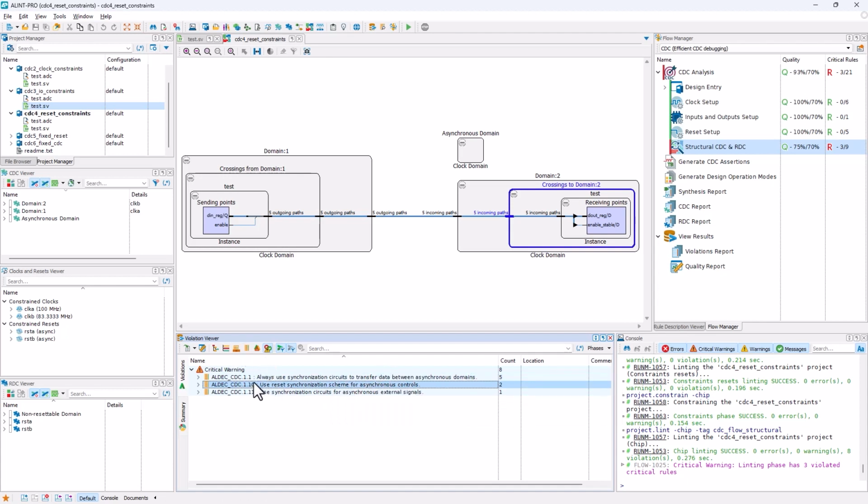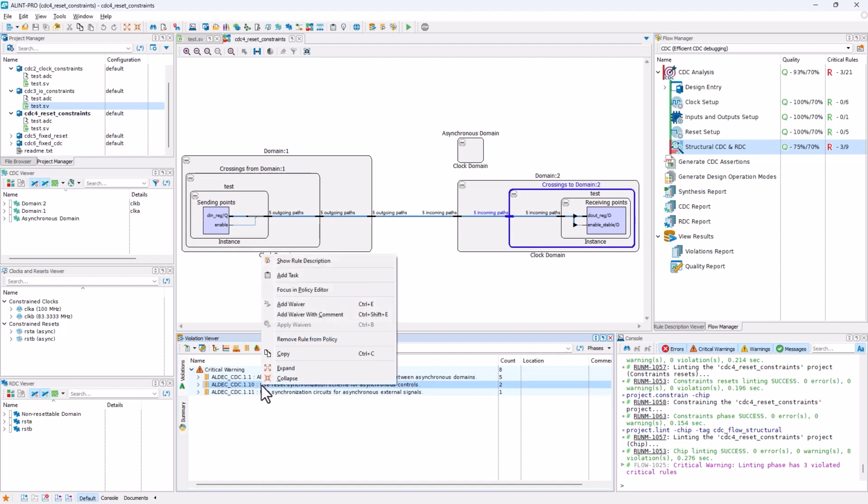And then we have the next violation, 1.10, which says that if we have an asynchronous reset, we need to use a reset synchronizer in order to use it. And finally, we have violation 1.11, which is essentially saying that we need a synchronization circuit for any external signals that are asynchronous. So, keeping all of that in mind, the first thing we're going to tackle is the 1.10